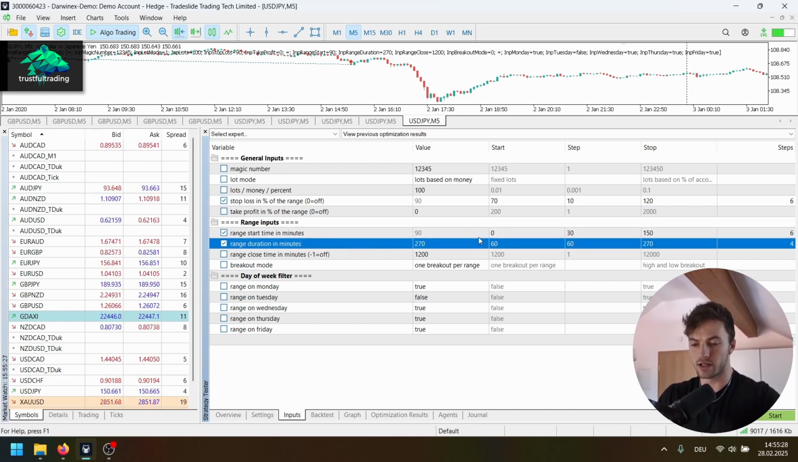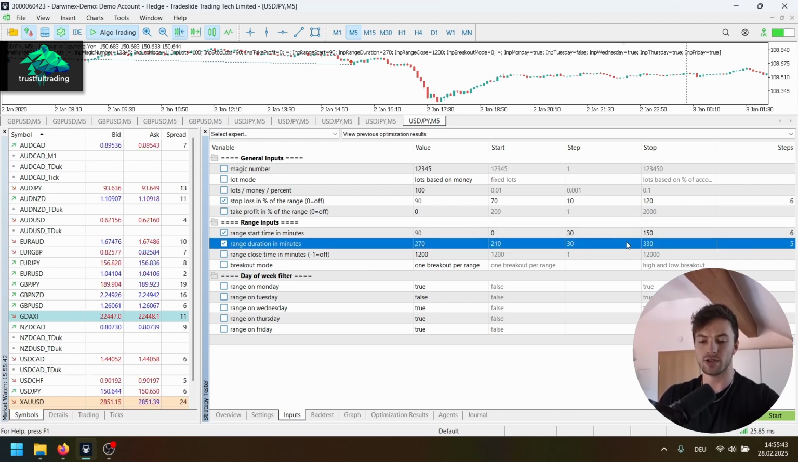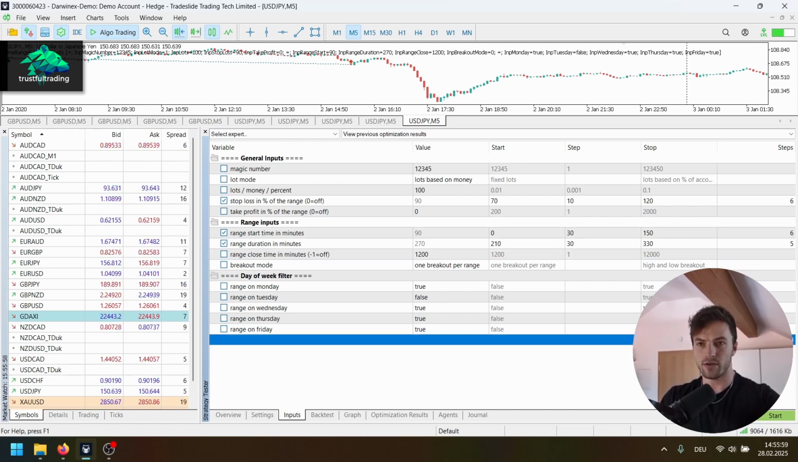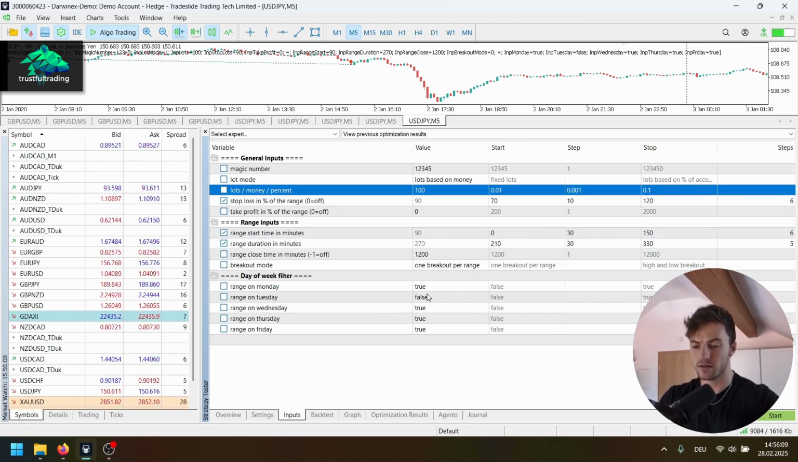And we also change a little bit the duration. Let's see, let's say 210. Also 30-minute steps, and maybe we end at 330. So we just have 2 steps to each side of the parameter. I don't want to optimize the range close time. We just leave it at 8 p.m. And yeah, now we have 108 combinations. You can't see it, but yeah, just have to trust me, or you can multiply these numbers here. And let's run maybe